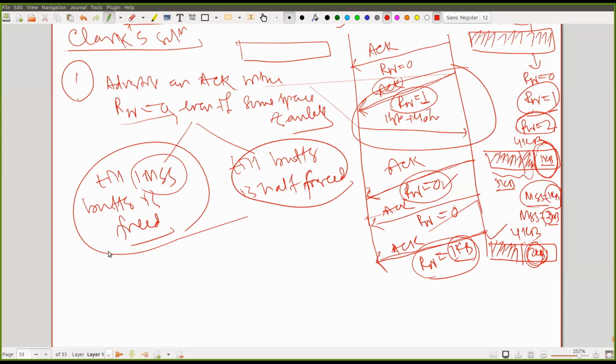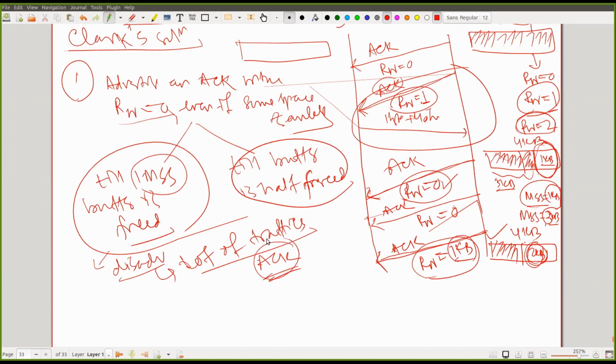If I look into this Clark solution, what is the main disadvantage of this Clark solution? What is the main disadvantage? A lot of unwanted acknowledgements. Yes, a lot of traffic. A lot of ACK packets need to be sent. A lot of traffic is going from the receiver to the sender in the form of ACK. Because the receiver is consuming the data very slowly, every time there is a change in the receiving window, an ACK has to be sent. So traffic in the network increases as a part of sending the ACK. That is a disadvantage of this first solution of Clark.